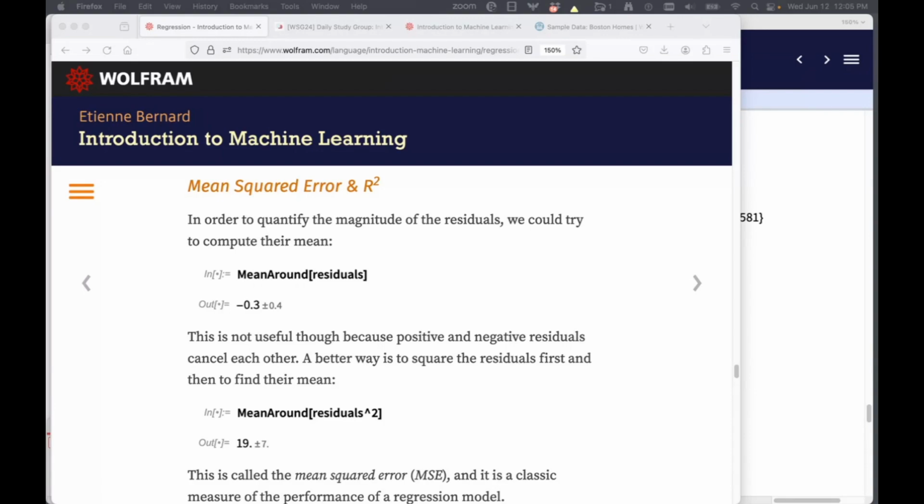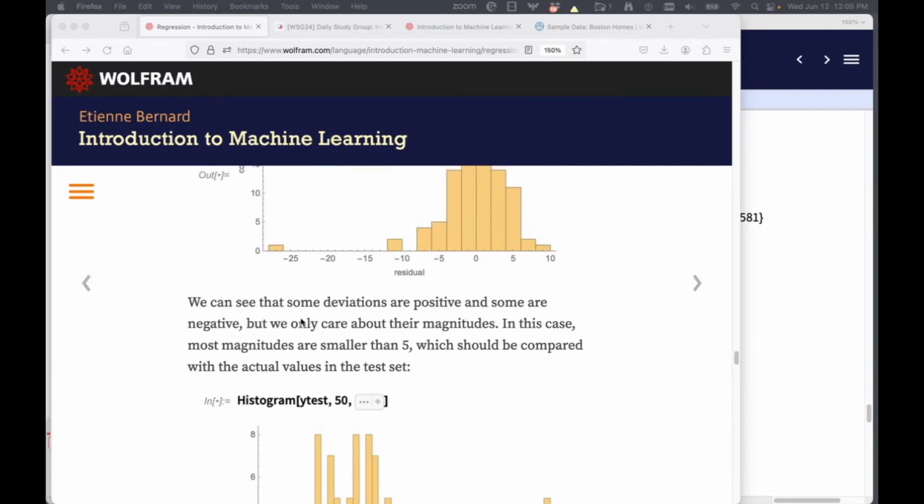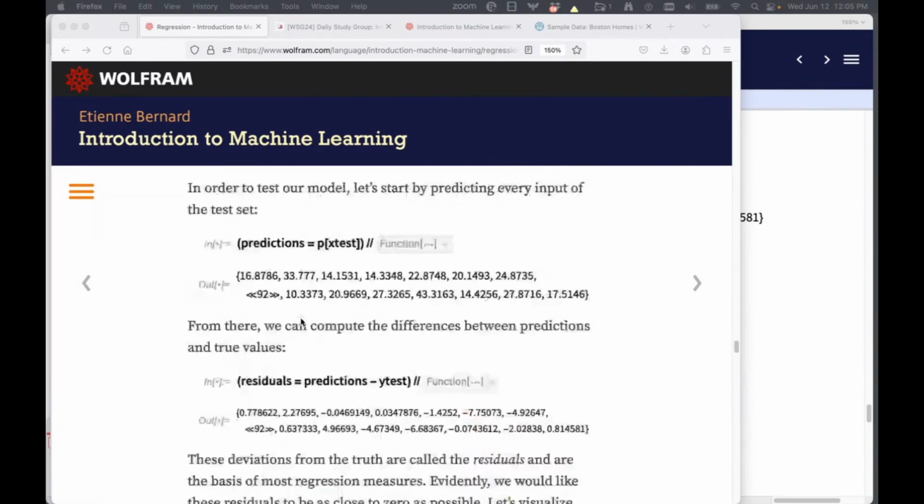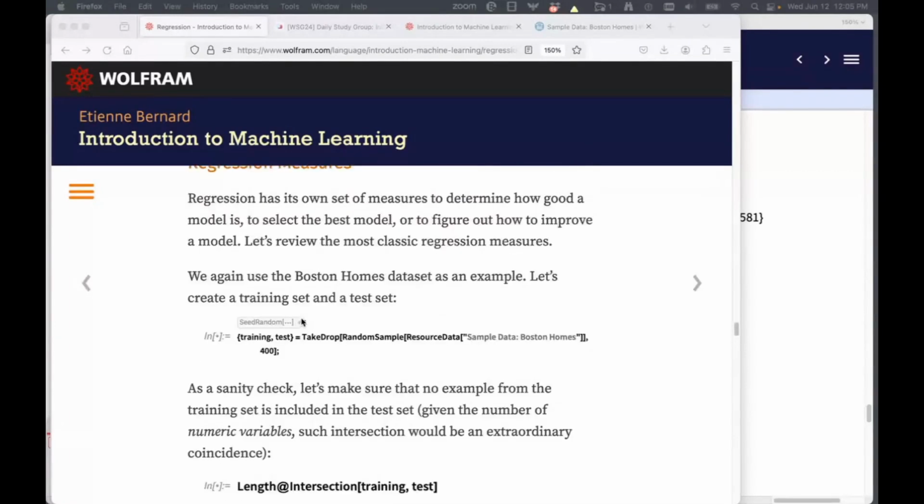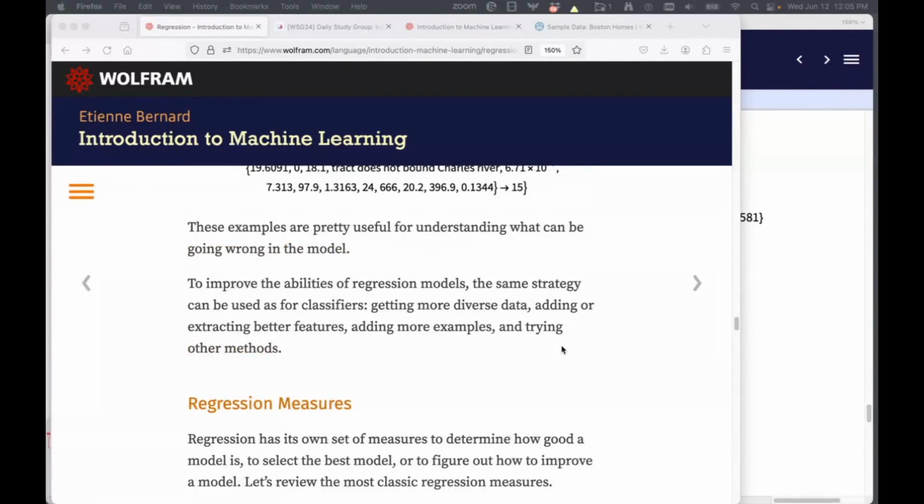We definitely were not able to get into all the details discussed in the book, but one of the reasons I really like this book is it's written along the lines of an elementary introduction to Wolfram language. Definitely a lot of guidance from Stephen Wolfram as Etienne wrote this book. It's very practical.